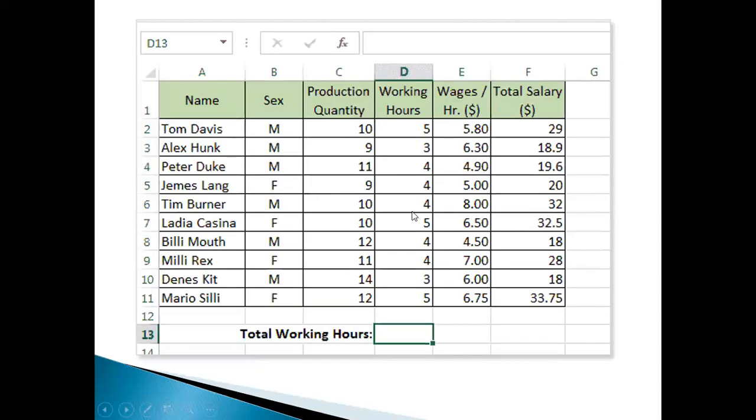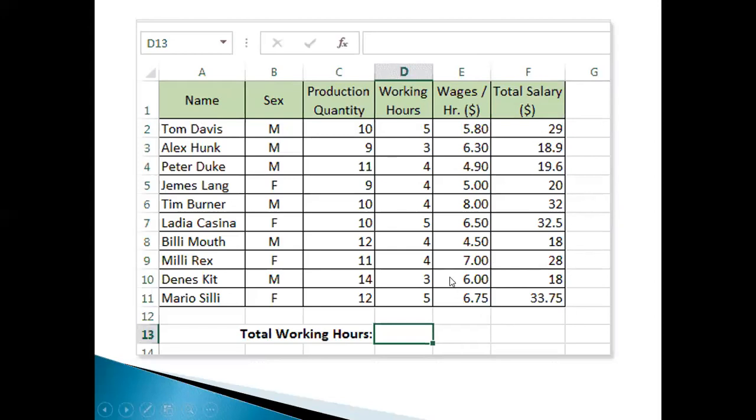We'll just check. Suppose this is an Excel sheet. In the Excel sheet, you have the name and different parameters, and in those parameters, you want to make the sum of working hours.